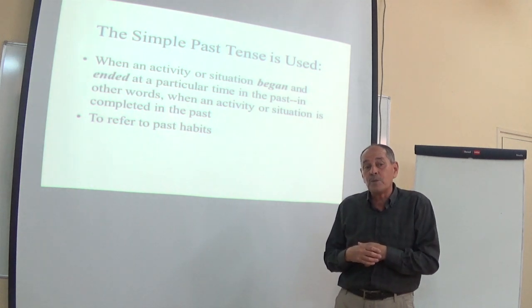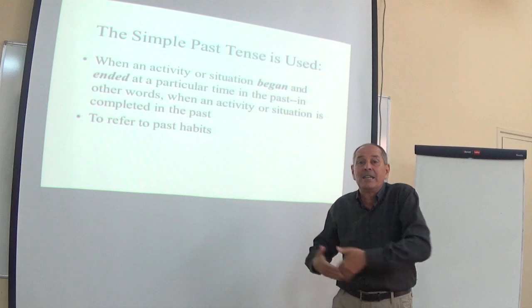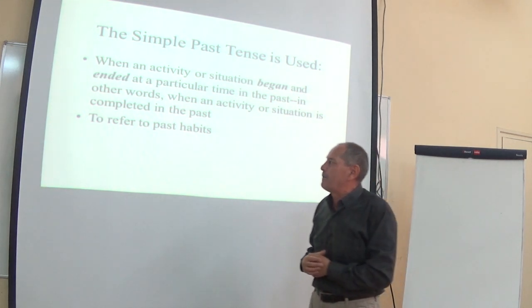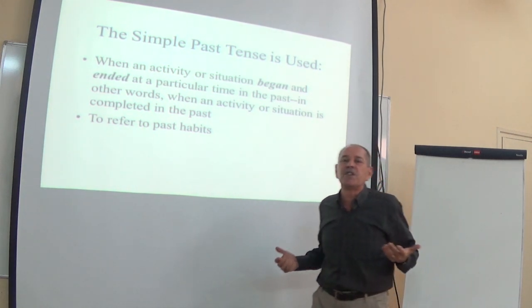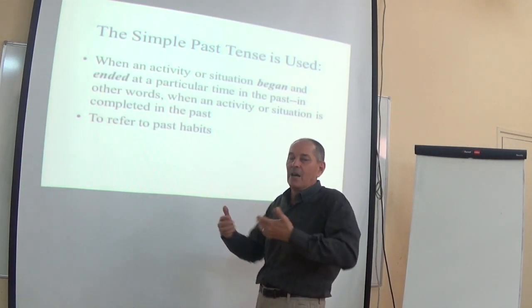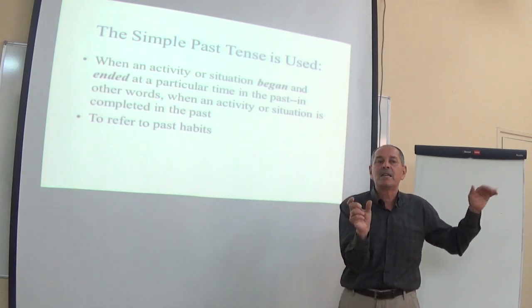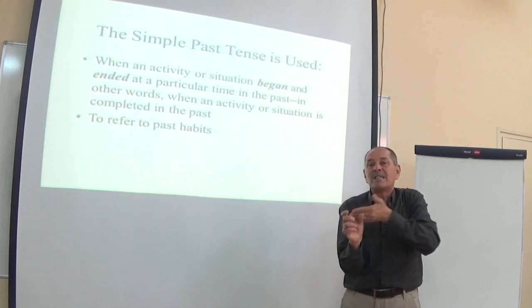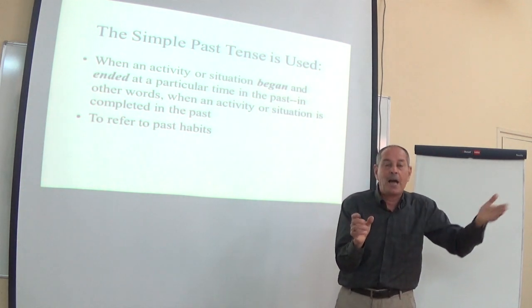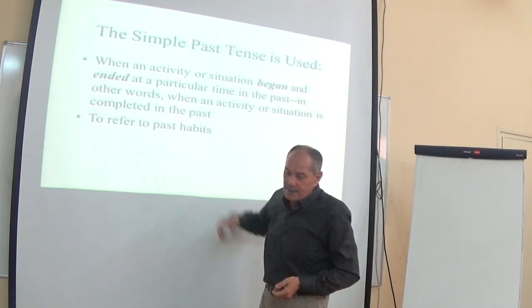But the frequency adverbs do not necessarily indicate the present habit. They can indicate a past habit. For example, when I was young, I always went to the cinema. When I was young, because now I'm older. When I was young, this is a period of time indicating something happening in the past. So it is an indicator of the past. And we say always because it indicates a habit. But here, this time, the habit is in the past. So to refer to past habits.